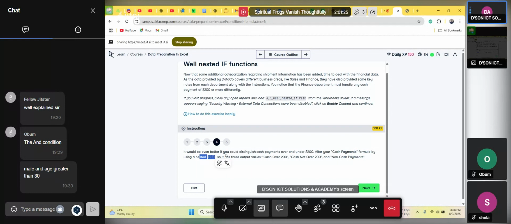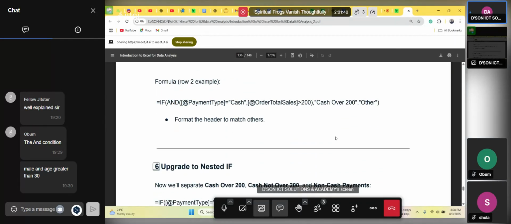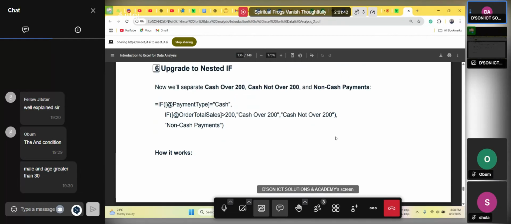So we want to alter the cash payment column formula by using a nested IF. So it has what? Three outputs. The first output is what? Cash over 200, cash not over 200, and what? Non-cash payments. So I'll explain that with this formula in the notes. To achieve that, you want to get cash over 200 and cash not over 200 and then non-cash payment. So we say if payment type is cash,